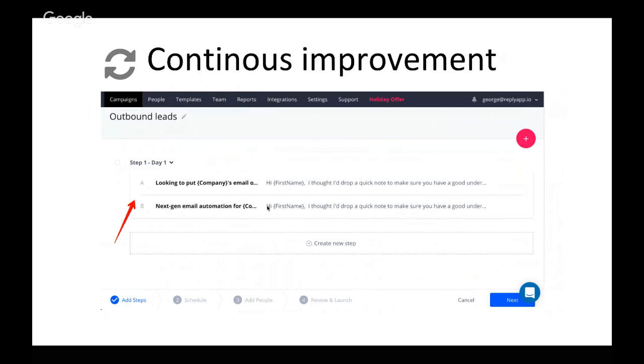And when, for example, somebody is opening your email a bunch of times without responding to you, maybe you should do something about it. You should get on a call with them and try to convert, because people opening your email multiple times is a good indication that the person might be interested in whatever you're offering in your cold email. So all these tools you can use to spot hot leads earlier and close your deals more efficiently.